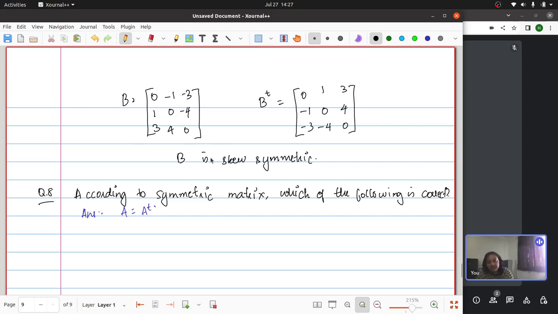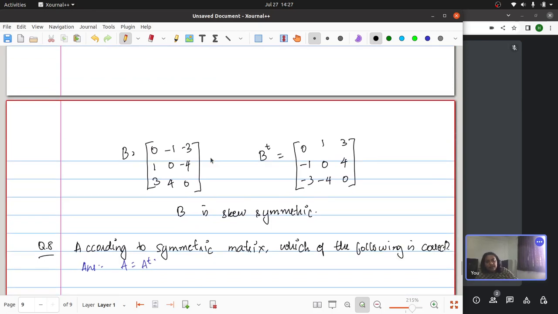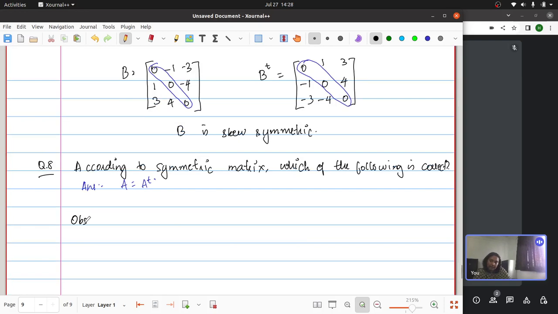So one thing you observe is, if you look at this skew symmetric matrix, so when we take the transpose of it, the entries in this diagonal, they remain in their place, right? So when we say B has to be equal to negative of B transpose, it means each of these entries has to be negative of itself. So we'll end with this one observation,